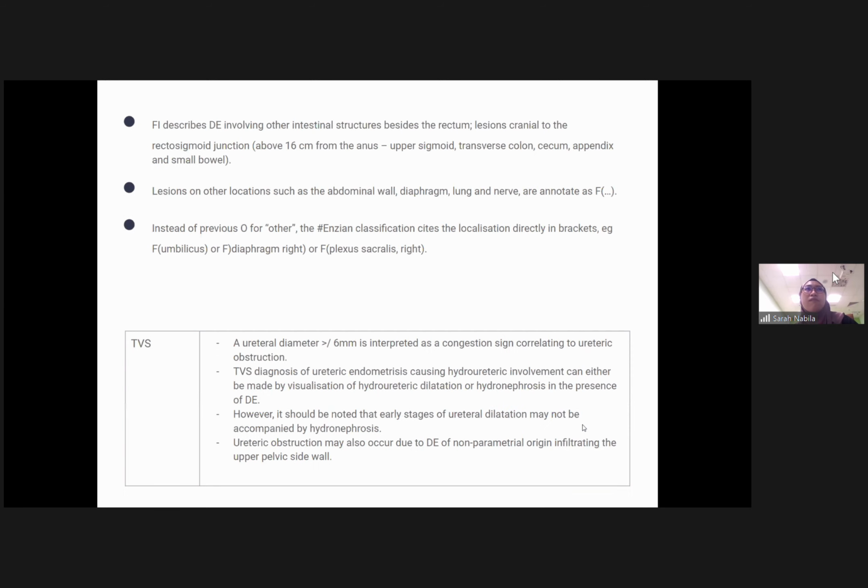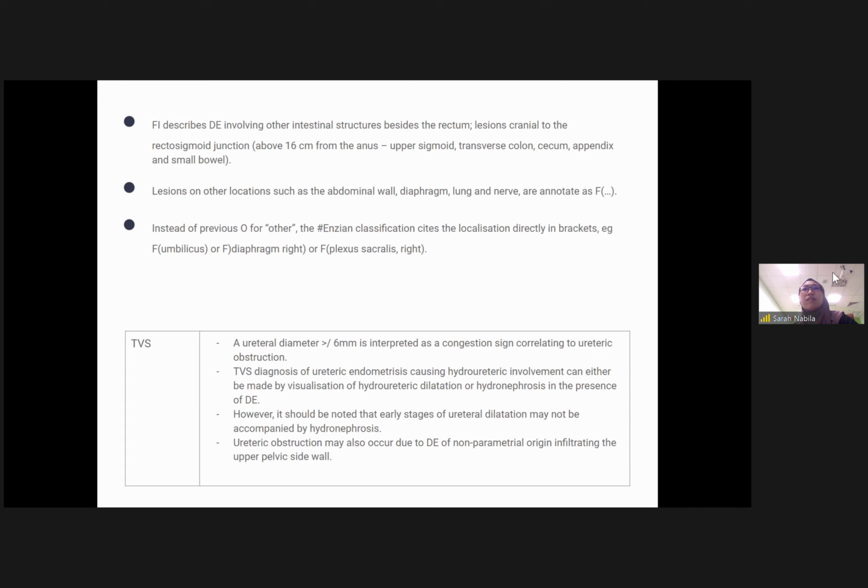So for F, intestinal involvement describes deep endometriosis involving other intestinal structures besides the rectum, lesions cranial to the rectosigmoid junction, above 16 centimeters from the anus, which is the upper sigmoid, transverse colon, cecum, appendix, and small bowel. Lesions in other locations such as abdominal wall, diaphragm, lung, nerve are also annotated as F in brackets, to be written in full. And previously, the earlier ENZIAN classification had an O component for other,